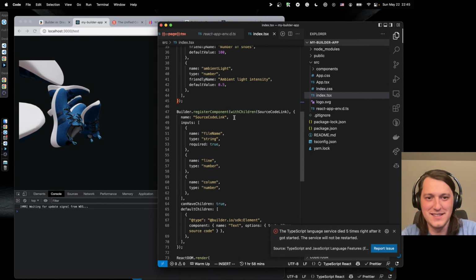So headless CMS, integrations, plugins, user components. Okay, 10 users. Oh wow, that's actually not bad.